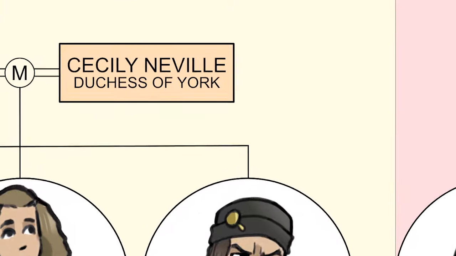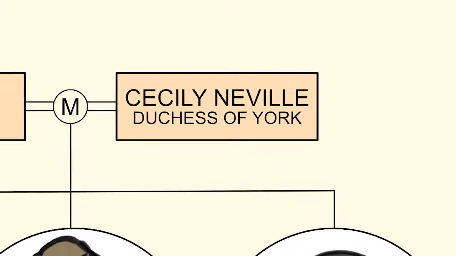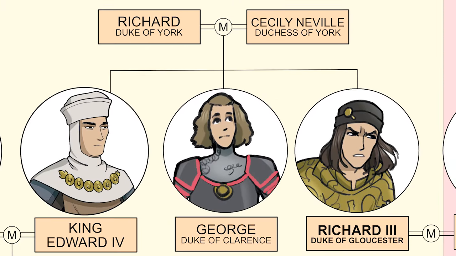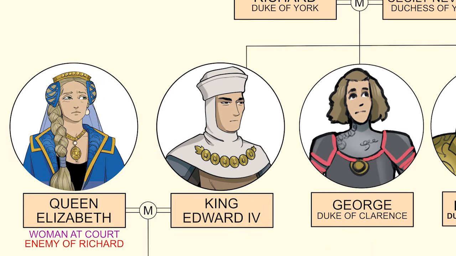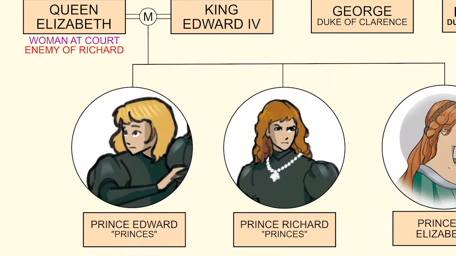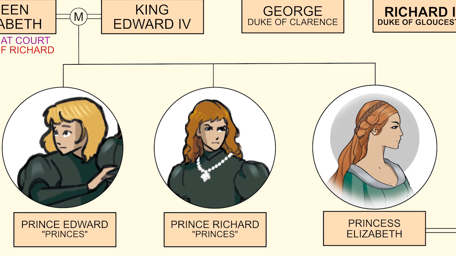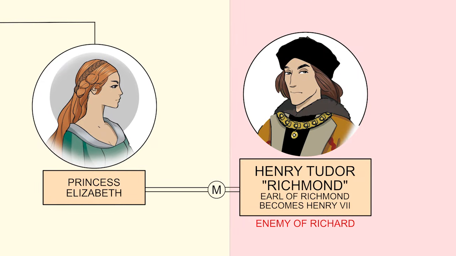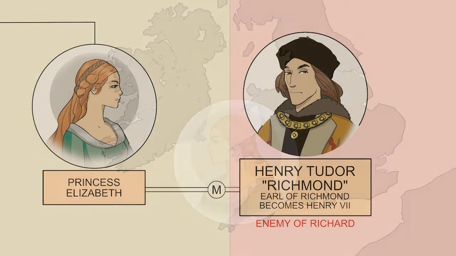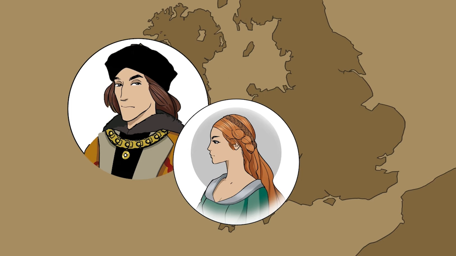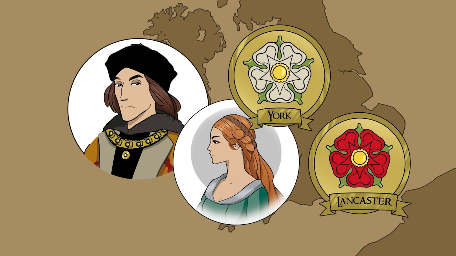The Duchess of York is Richard's mother, who is ashamed of his behavior. She scorns her youngest son and is fiercely protective of her daughter-in-law, Queen Elizabeth, as well as her grandchildren. Finally, Elizabeth of York, the only daughter of Edward IV and the sister of the young princes, becomes a political pawn over the course of the play. She is eventually betrothed to Richmond, a marriage that unites the Lancastrian and Yorkist claims to the throne, ending the